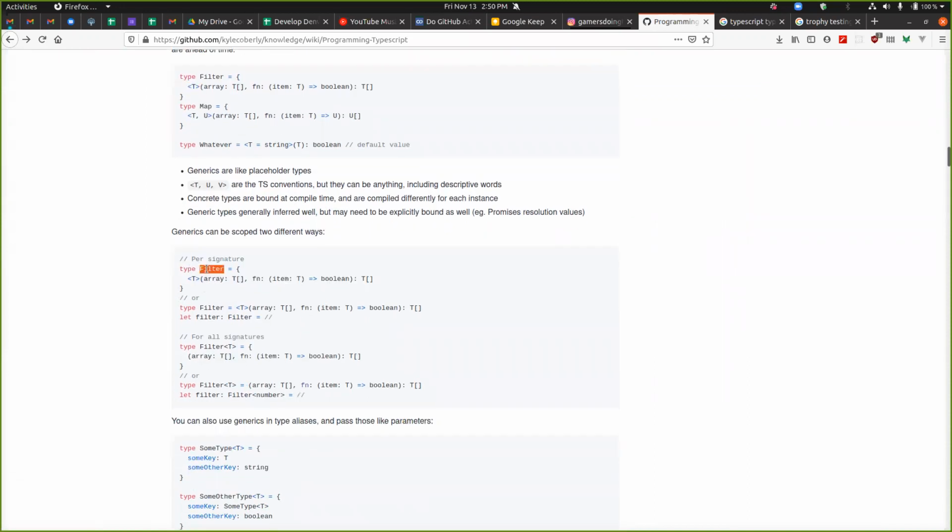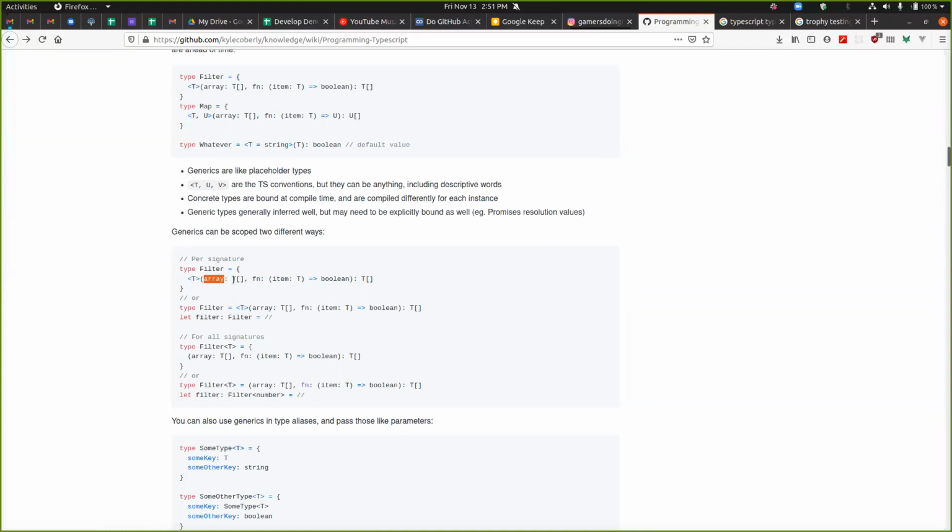If I wanted to write a type for filter, like the function filter, I don't know what I'm going to get. So I can say, all right, I have this type placeholder that I'm going to call T. This is going to take in an array of whatever that type is.